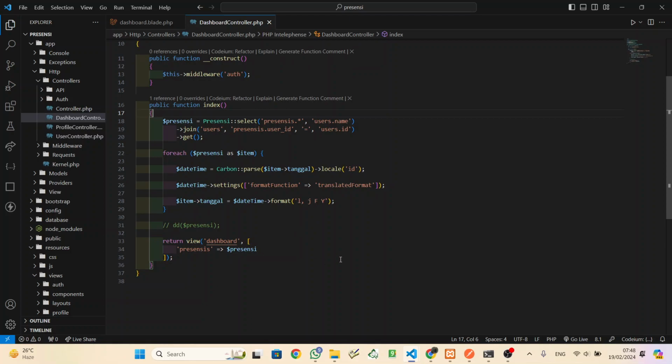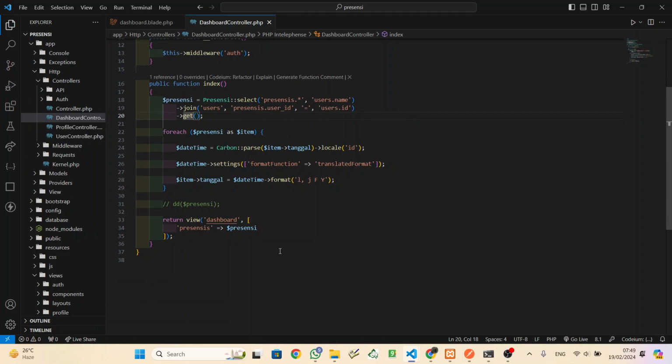And then fill this all with this code. So the logic here is the first one, it will make a new variable. The variable is to select the presences. This is the presences table. To select all of the presences table and then name add users. So it will just be the name, and we'll use join here. Why use join? Because at the model we don't use ORM, Eloquent. So we use join here and then get all the data, and we'll loop here,